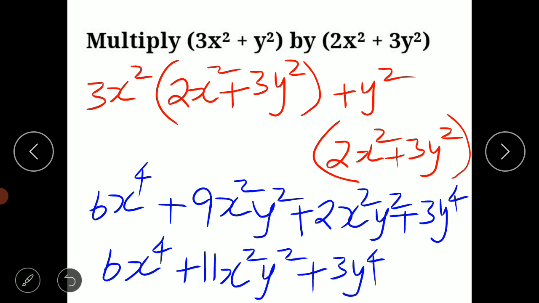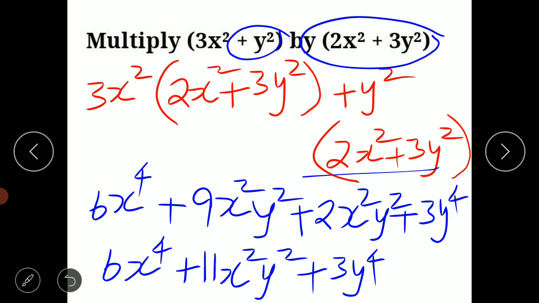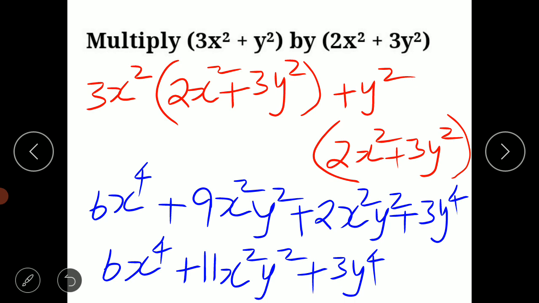That's all. So to multiply a binomial by a binomial, if you know the first step, then you can simplify further. What is the first step? Take the first term of the first expression, multiply by the second expression. See how we did it? Like this. Then plus means the second term. Take the second term with its sign. Plus means plus, minus means minus here. Take the second term, multiply by the second expression like this. Then open the bracket, simplify, then we can get the answer.